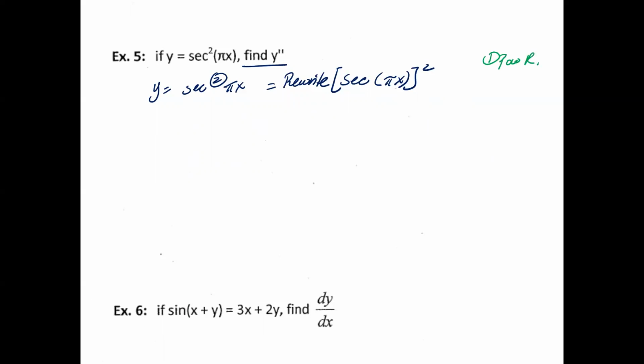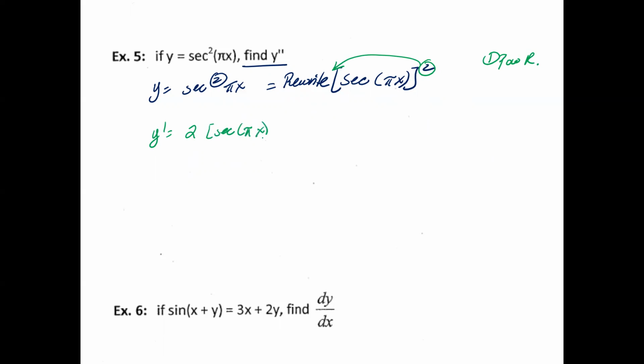Okay, let's take a look at example 5. So with example 5, you are to find the second derivative. So if y equals secant squared pi x, I can go ahead and rewrite this because whenever you have a 2 there, you want to put it on the outside of it before you do the derivative. Make sure you put a bracket, squared. So the first thing you want to do is the power rule. So you're going to bring down the 2. So y prime is equal to 2